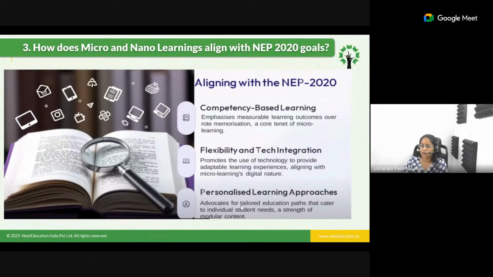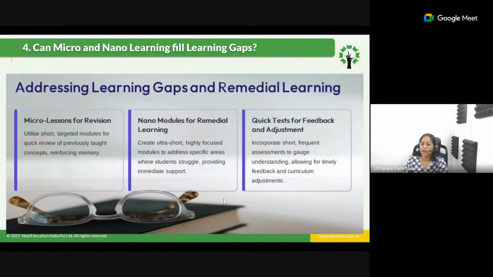So for example, if I differentiate, I'm not supposed to, but still, if you differentiate as high achievers and medium achievers: for high achievers, you can just go with an audio lecture or a podcast, that would be fine. But for medium achievers, obviously you need something like audio plus video plus kinesthetic even. That is how personalized learning works, you need to tailor it as per the needs of the learner. Now coming to the next one, addressing the learning gaps and remedial learning.